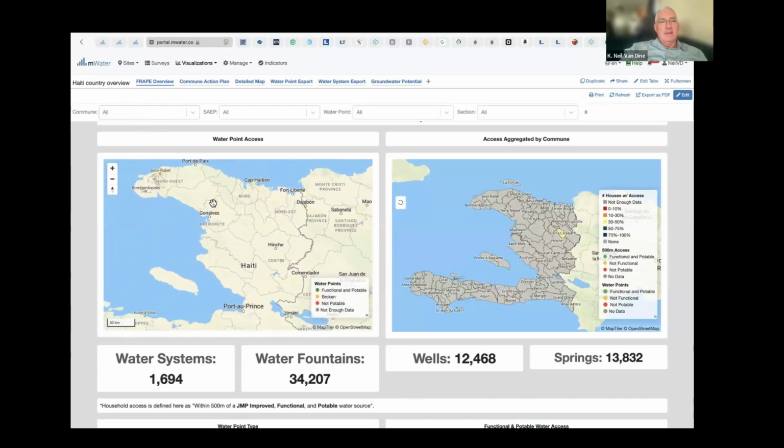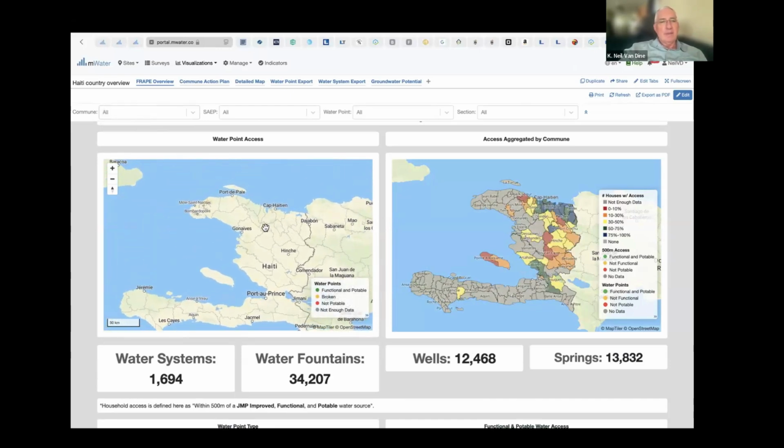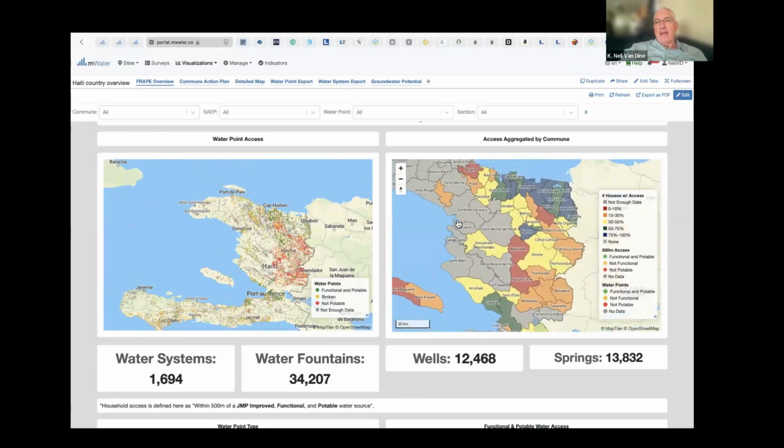And as Chris showed up in the Northeast, this map on this side aggregates that data. So we actually count how many houses have access and how many don't. And this color codes it. So there's a huge range.